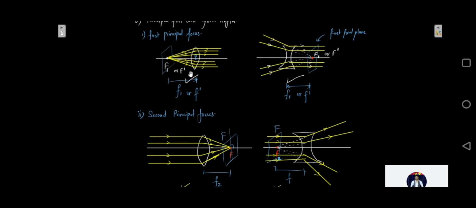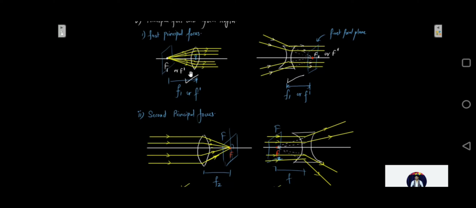So it is going to have a real focus, and in case of a concave lens, it is going to have a virtual focus. The rays are appearing to diverge from that particular point. So concave lens is going to have a virtual focus. The focal length of the convex lens will be taken as positive. We will understand this when we do the sign convention. And the focal length of a concave lens is taken as negative, because it is opposite to the